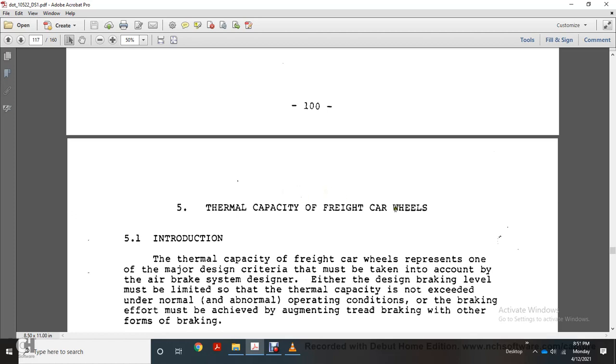Alright, Chapter 5, Thermal Capacity of the Freight Car Wheels. Introduction. Thermal capacity of freight car wheels represents one of the major design criteria that must be taken into account in air brake system design. The design braking level must be limited so that thermal capacity is not exceeded in either normal or abnormal operating conditions, and the braking effort must be achieved by augmenting tread braking with other forms